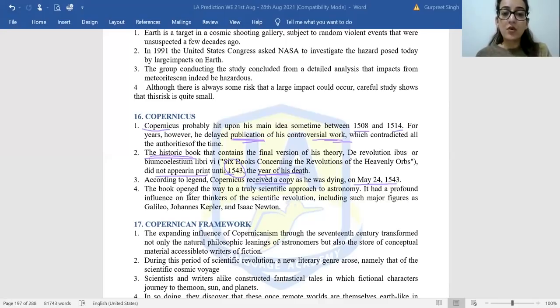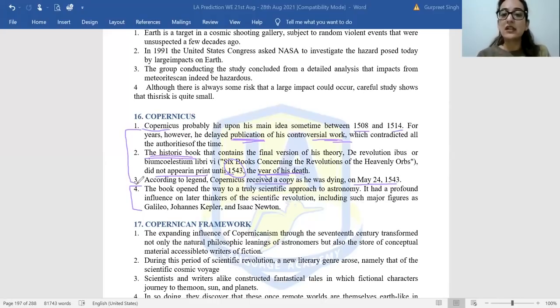Then they said the book opened the way to a truly scientific approach to astronomy. It had a profound influence on later thinkers about so and so. So this sentence is only and only talking about what the book was about. The book had a scientific approach about astronomy and talked about the scientific revolution. It is not related to the person which was there in the previous 3 sentences, which was having a story